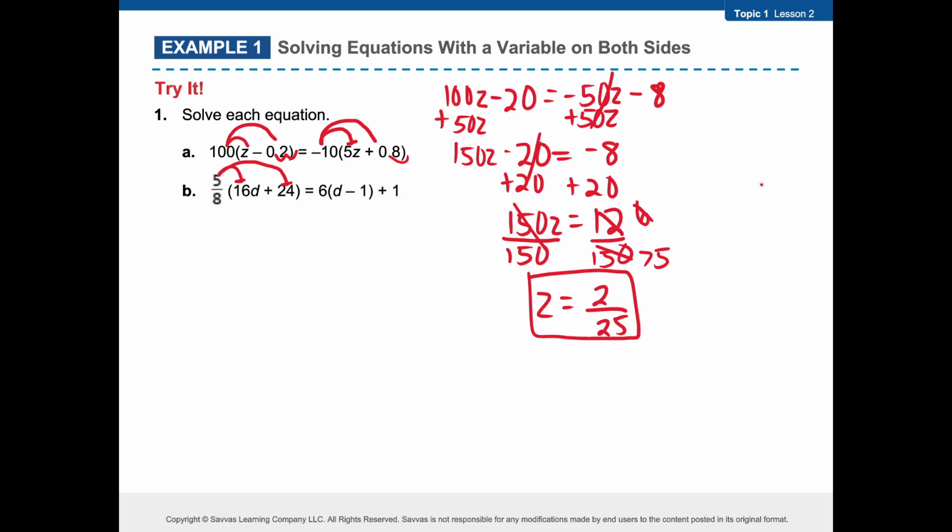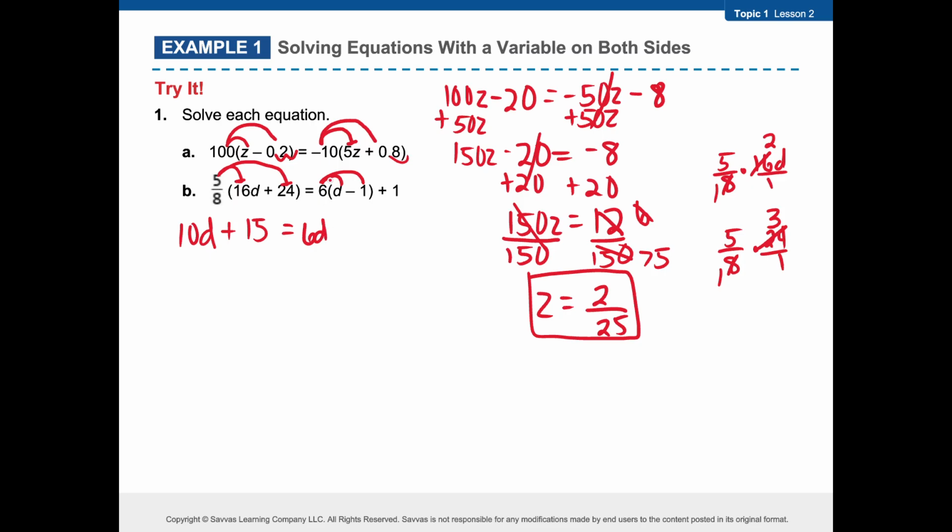Letter B, distributive property. Again, somewhere on the side, you can multiply those two fractions. 5 over 8 times, you can put 16d over a 1. Try simplifying. 8 goes into itself once, into 16 twice. 5 times 2 makes that a 10d. Do the same thing with the 24. 5 over 8 times a positive 24 over 1. 8 goes into itself once, into 24 3 times. 5 times 3, positive 15, equals